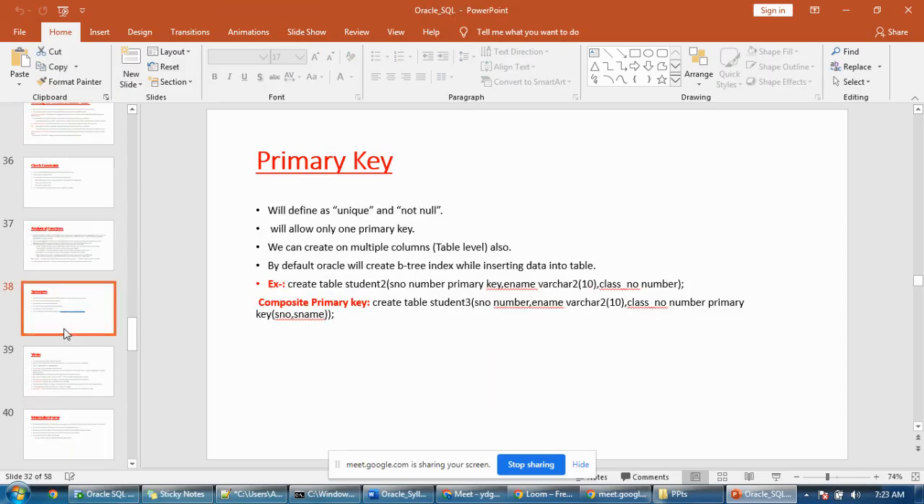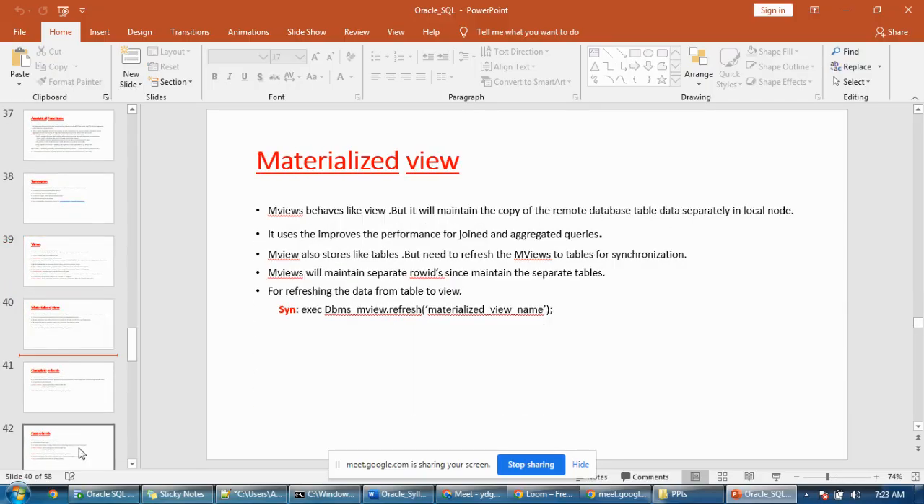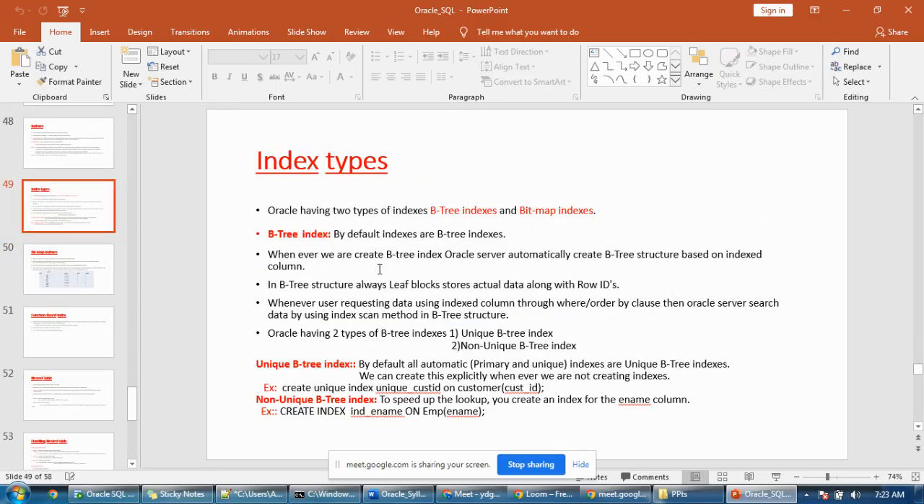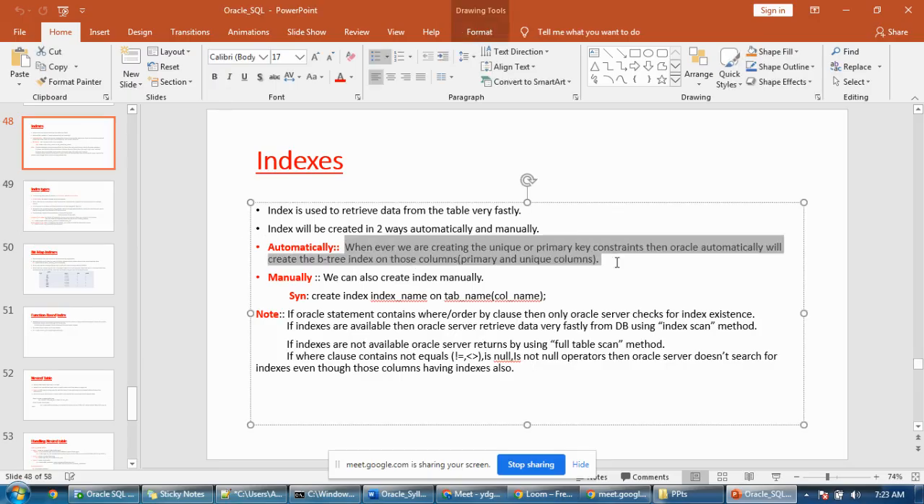So indexes can be created in two ways. One is automatically and one is manually. This is the same thing only. Whenever you are creating the unique constraint and primary key, a B tree index will be created automatically. B tree means,